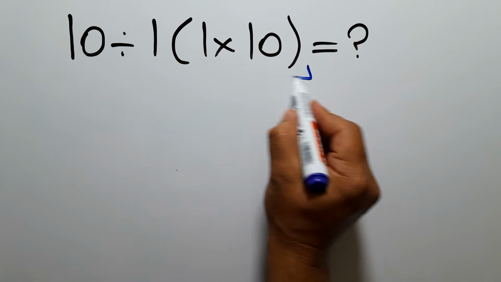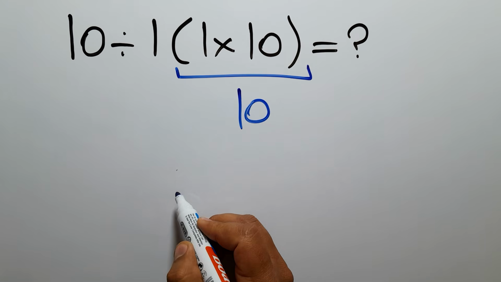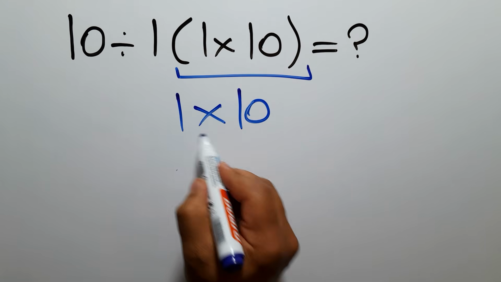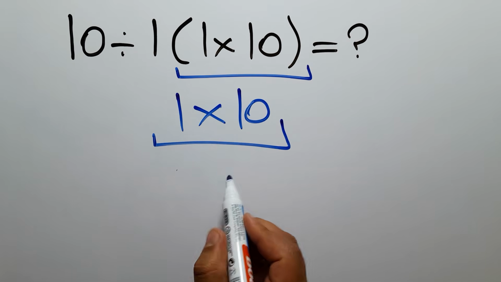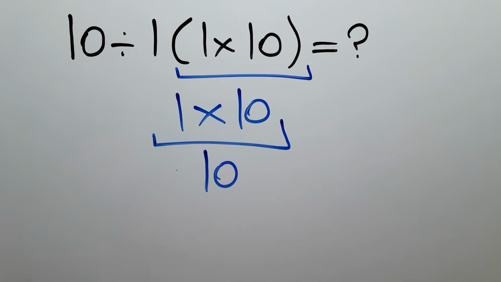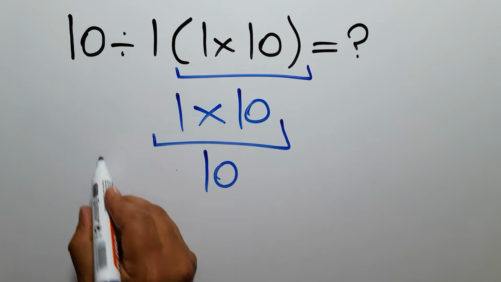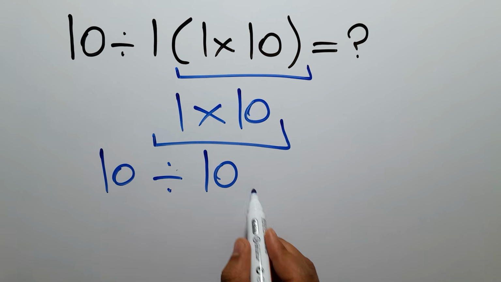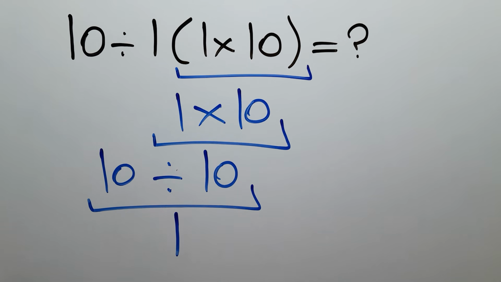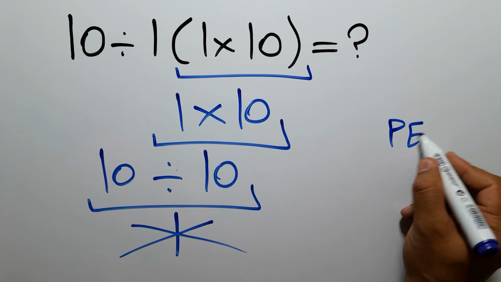1 times 10 gives us 10. And 1 times 10 again gives us 10. So we have 10 divided by 10, which equals 1. But this answer is not correct, because according to the order of operations, which is PEMDAS,